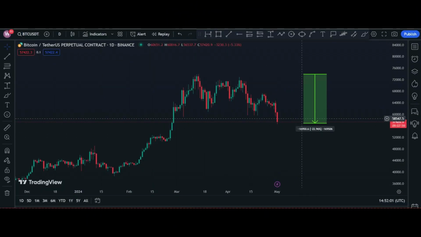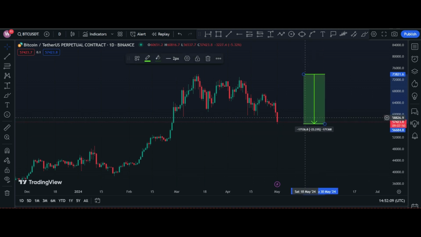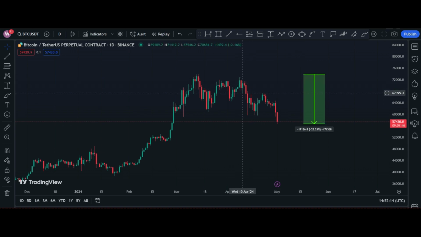Also, in the previous cycle, whenever BTC broke the ATH, it dumped 20 to 25% from ATH before forming a new ATH. And the current dump of BTC from ATH is coincidentally a 23% dump, which matches the previous cycle dump from ATH. So don't be afraid